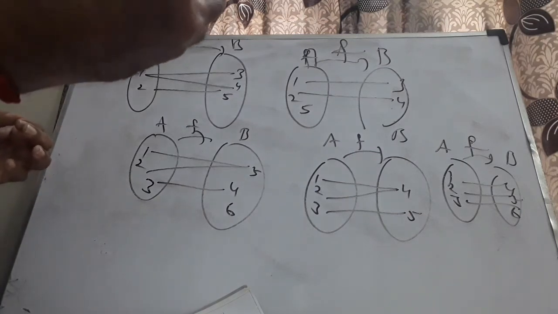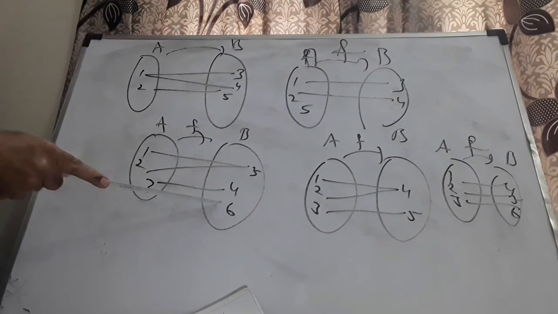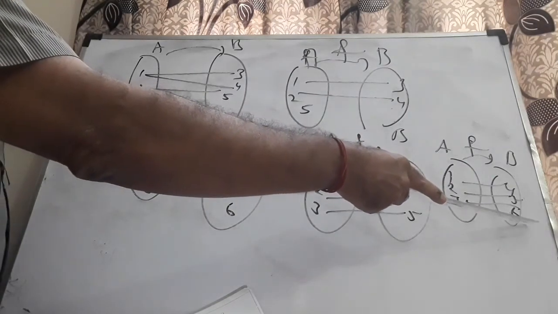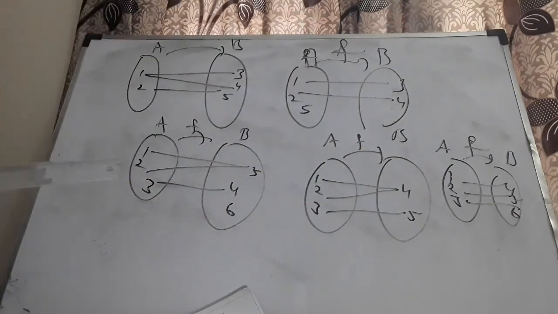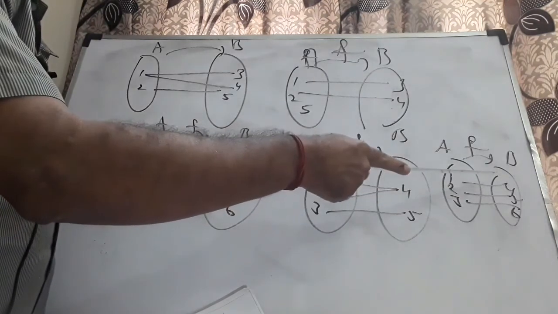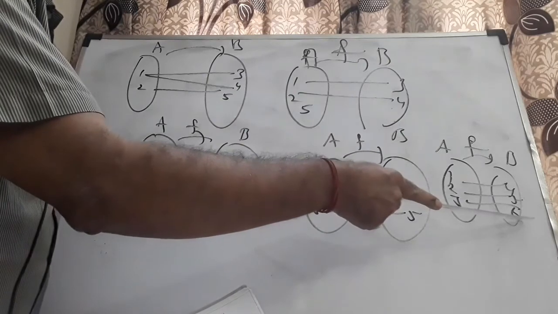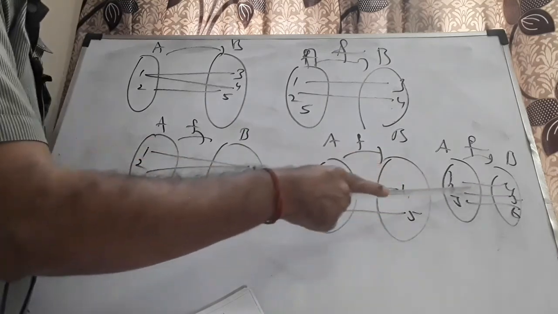If many passengers move in the same train, it is called a many to one function. If there are some trains in B left out without any passenger, without any pre-image, such a function is called an into function or not onto function. If every element has a pre-image, or every train here has a passenger from A, such a function is called onto. A function that is both one to one and onto is called a bijection. Whenever it is a bijection, I'll be able to think about the inverse of a function. Here f is given by 1, 4, 2, 5, 3, 6, and is both one to one and onto. Therefore, inverse is possible. f inverse is given by the ordered pairs 4, 1, 5, 2, 6, 3.